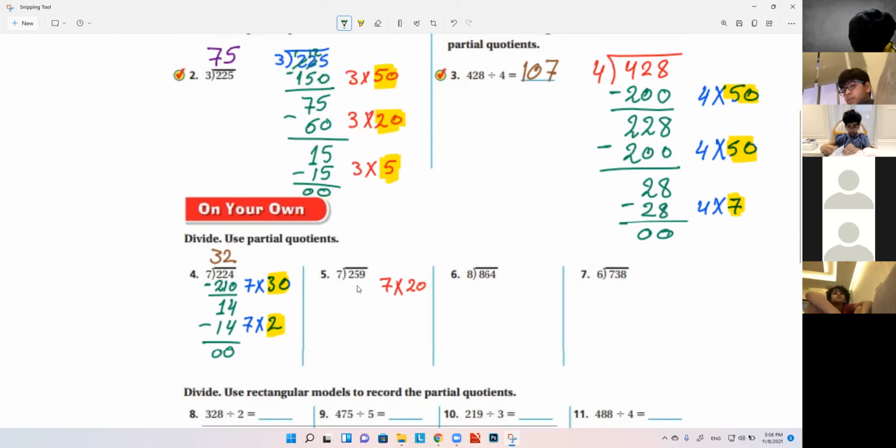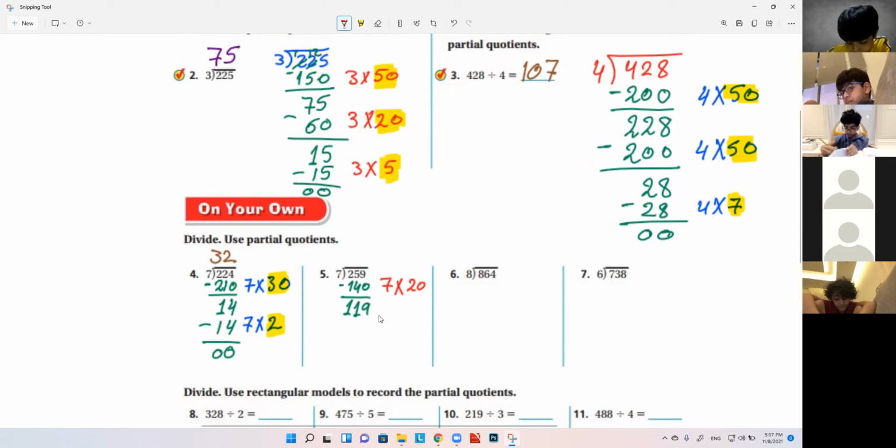So 7 by 20 equal to what, man? 140. That's great. Let's subtract. 140 is less than 259, so we can do it. 9 minus 0 is 9. And 5 minus 4 equals 1. And 2 minus 1 equals 1. Okay, that's great. So now can we multiply by 20 again?